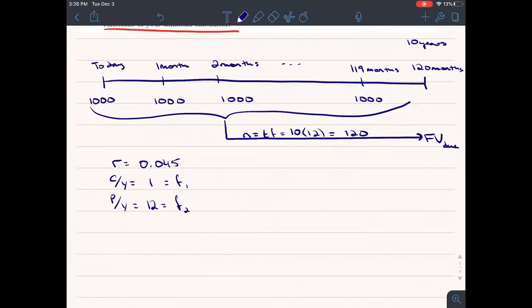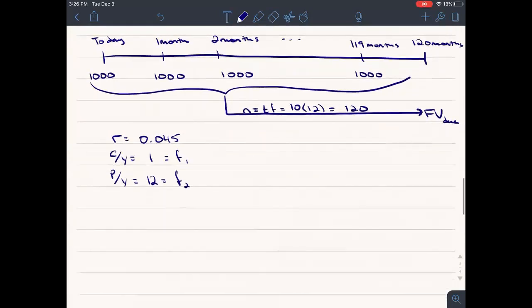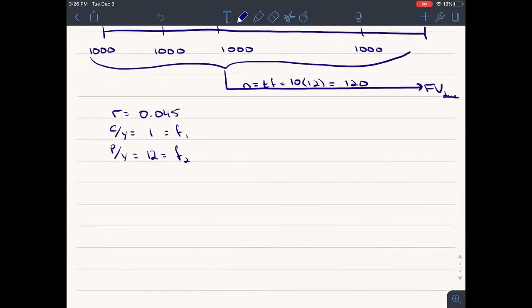That's what we're going to need to change our compounding frequency to be, to match the payment frequency. And so I'll just make a note here. Since F1 does not equal F2,